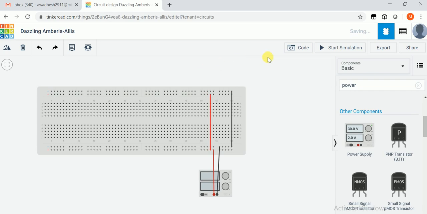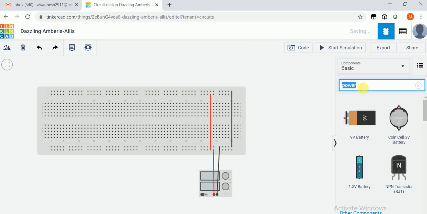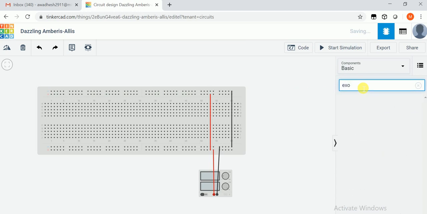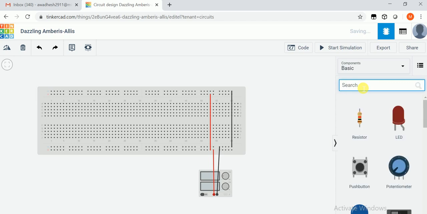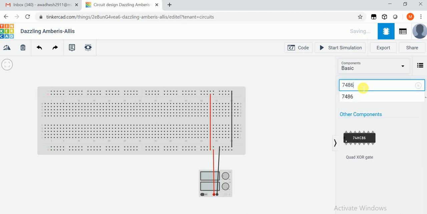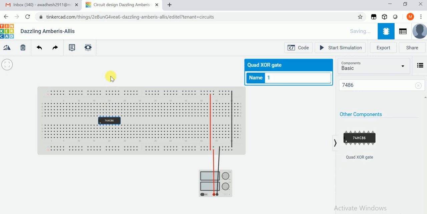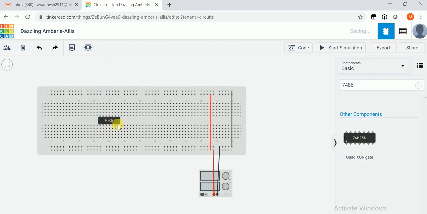Now what we need, another thing, first XOR gate, 7486. This is a quad XOR gate. So we can connect here. Now apply the power supply. This is 14 pin.